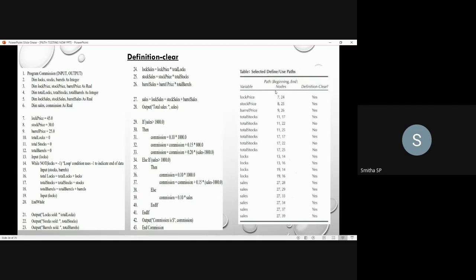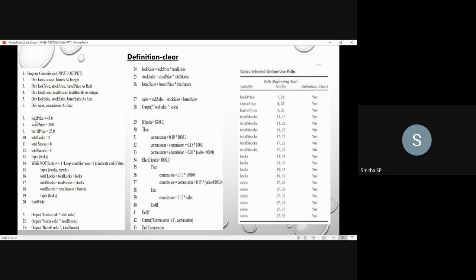Your job is to check whether the definition made for that variable is clear or not, and mention it. If it is clear, write yes; if not, write no. In the second column, you have to write the path, that is, the beginning node and the ending node. Moving to the table, lock price is the variable that is defined. So for lock price, wherever you have defined it, the beginning node and the ending node.